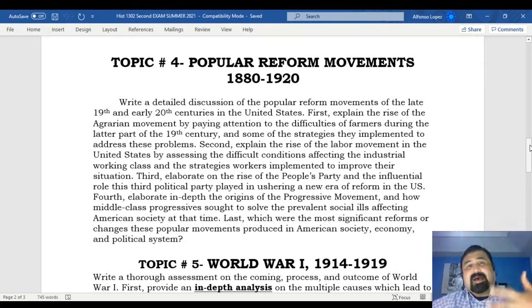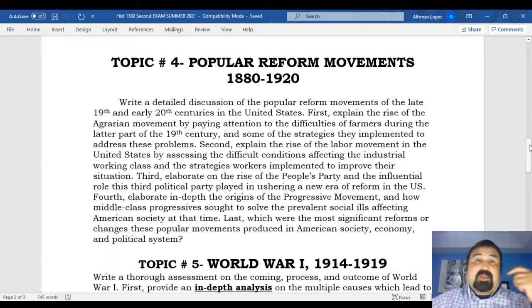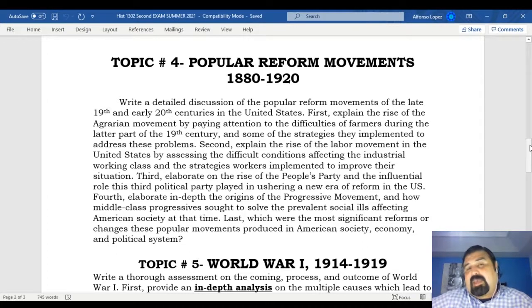So when you're talking about, for example, the agrarian movement, I need to see that you provide details about all of those problems that farmers were facing, and explain each one of them. I'm just giving you pretty much a survey here of those problems, and that you explain very well, with very elaborate answers, what actually happened to the American farmer and how those problems led the farmers to organize and start